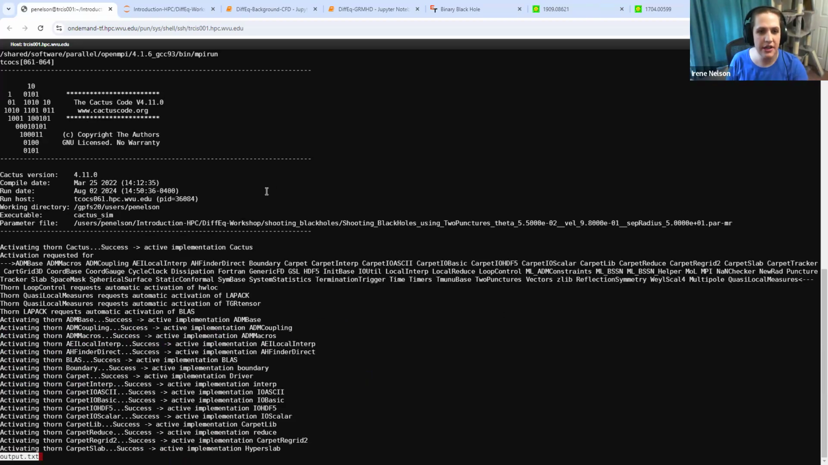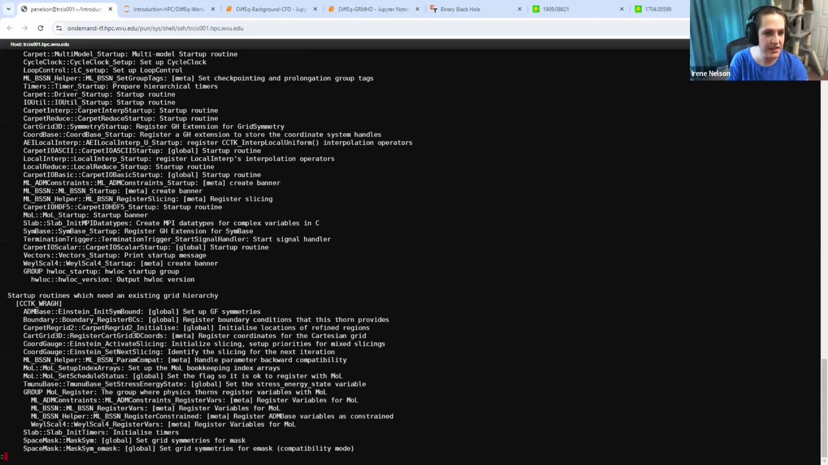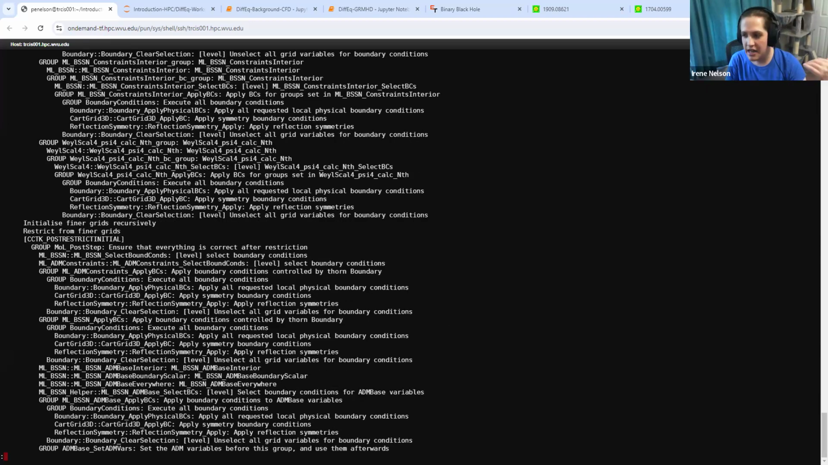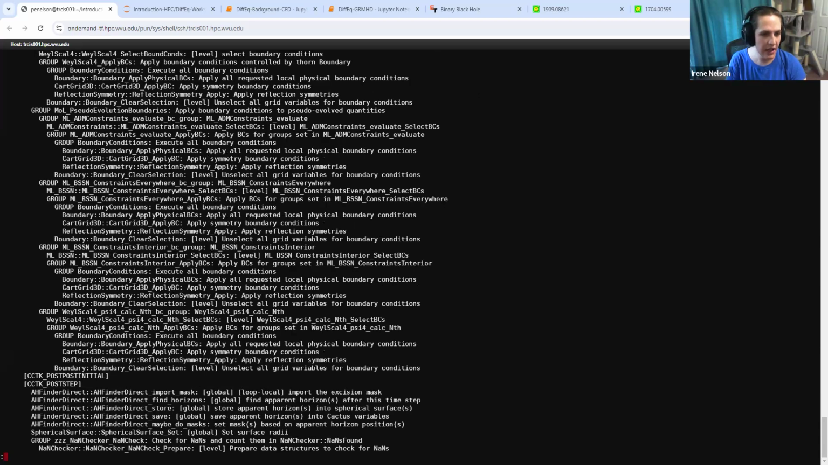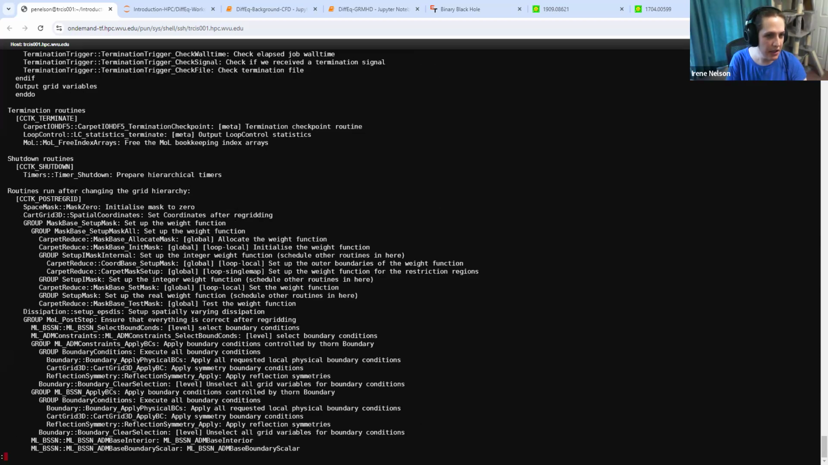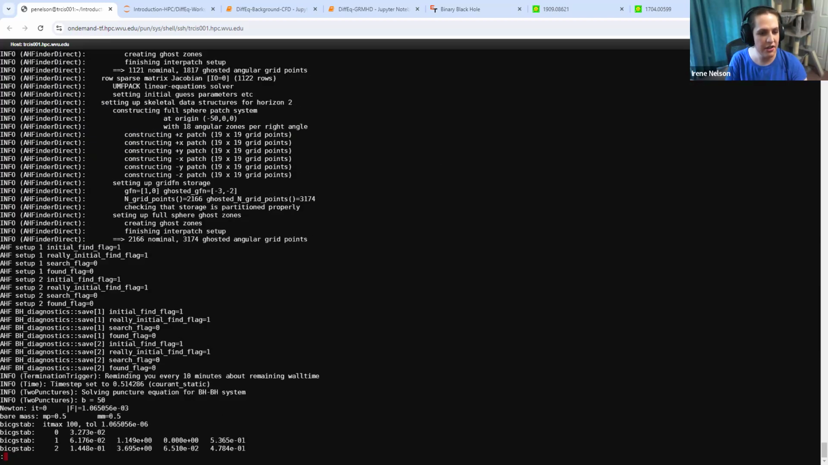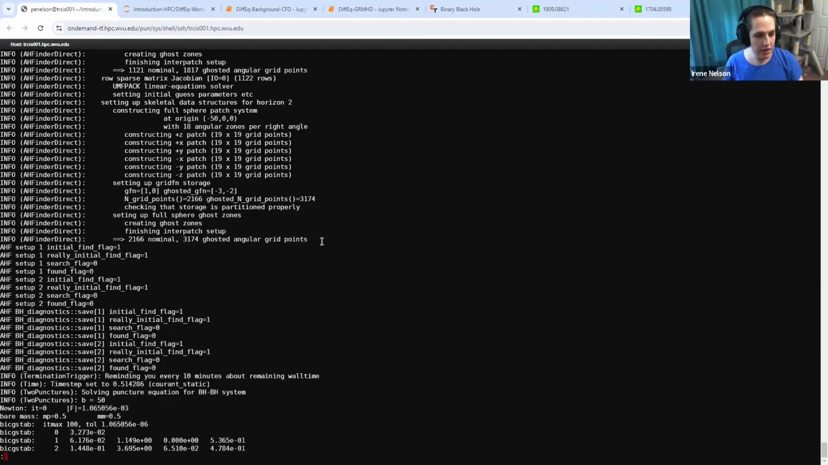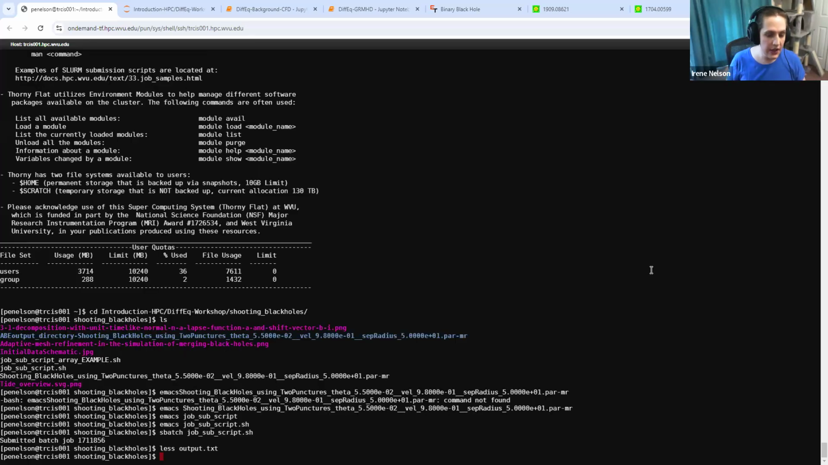And then looking at the output as the simulation for the black holes runs in the background, it starts out with this clever little ASCII cactus, and then it activates thorns, and then here this is all information about the scheduling of all those thorns, and then it's starting to set up the initial data now. This takes about an hour alone. When this job finishes,